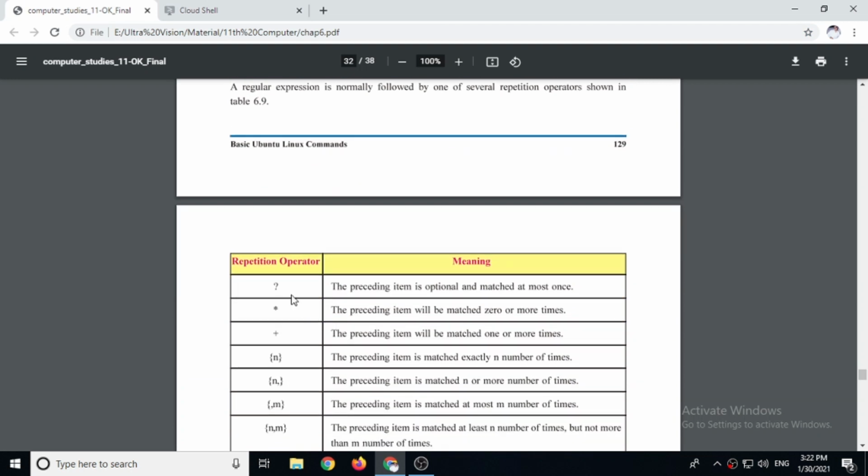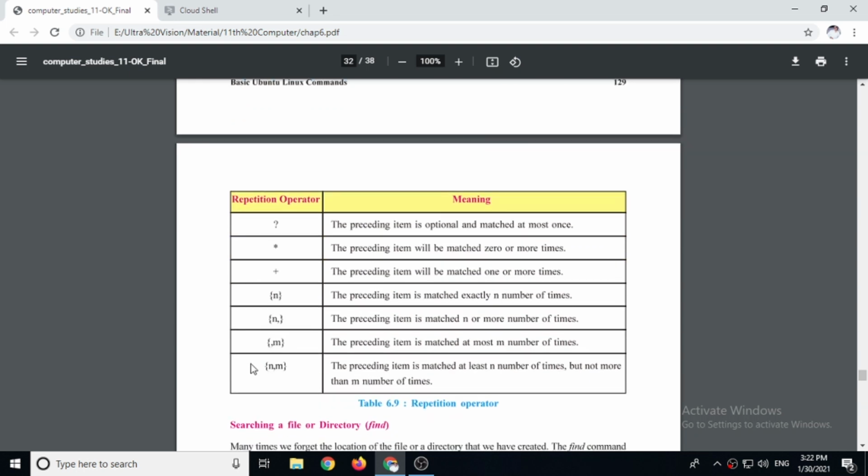For example, question mark. The preceding item is optional and matched at most once only. Star is matched for 0 or more times. Plus is matched for 1 or more times. Then n, there we have to include a number. So the preceding item is matched exactly n number of times, meaning whatever number you specify, for that number of times it will find the output.